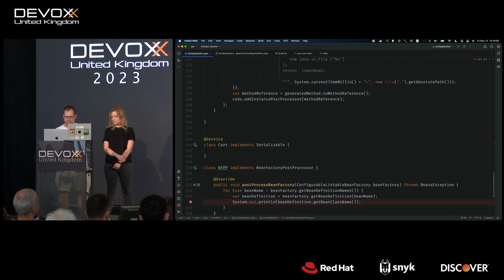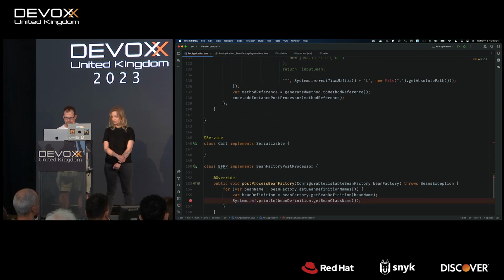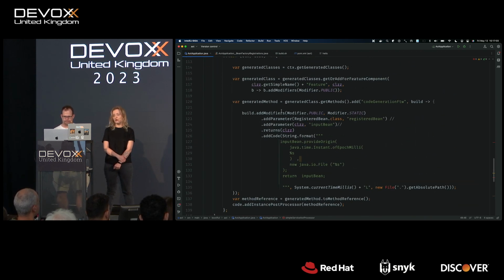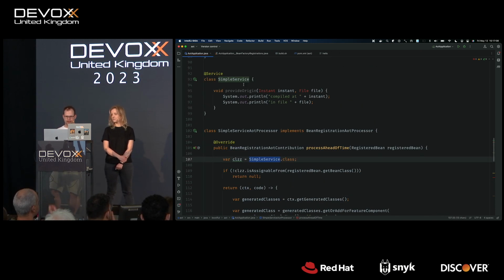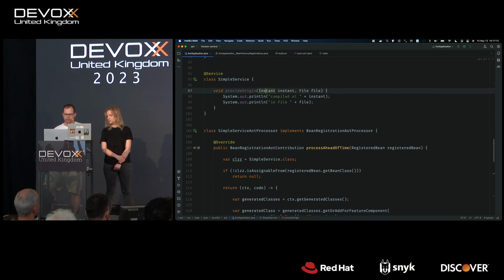Good. And this thing, as you can see, is very trivial code, nothing complicated happening there. We're looking for a bean of type simple service, which is this thing I've got here. It's a bean that will get started and run at runtime. But what I want to do is, at compile time, I want to write some code that acts on this instance, okay?